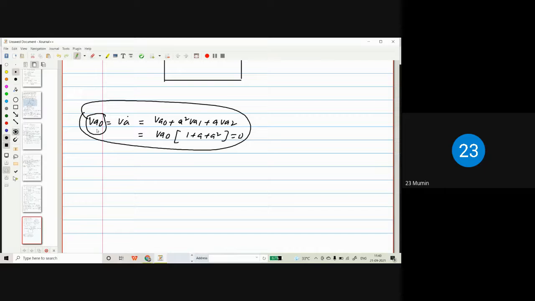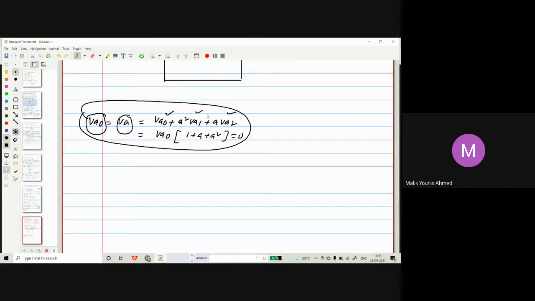Yes sir, it's coming. Now second, what is it? If it is VA fine, we don't have any problem. VA is either coming as VA zero or it's coming as VA, but what is actually VA? VA is an unsymmetrical voltage. This is clear, it's not a symmetrical voltage now because we are talking about during the fault. So this is VA, not A square VA1 plus A square VA2.